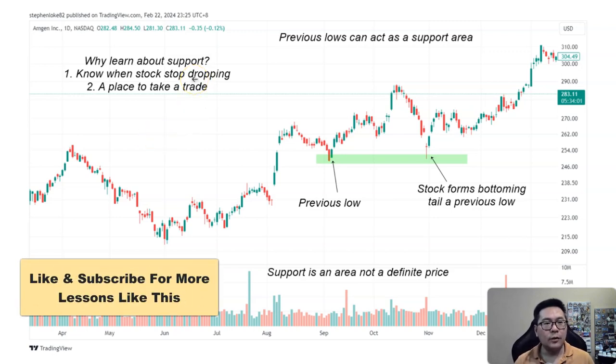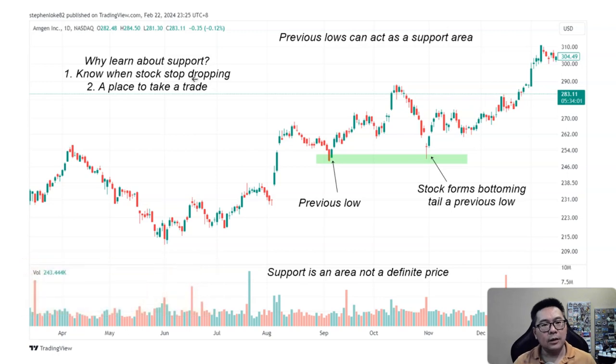Now, first of all, why do we want to learn about support and resistance? We're going to be dealing with support. You want to learn about support because, first of all, you want to know when the stock will stop dropping. And secondly, with this knowledge, you can learn to place a trade that can actually buy the stock when it drops to a previous low. Now, for those of you who do not know about support and resistance, previous lows can actually act as a